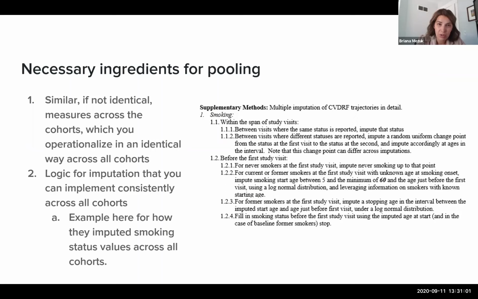they coded smoking status. If you've used other people's data, you know there are probably five or six different ways that people code smoking status. They might say, have you ever smoked a cigarette, even a single puff? Have you smoked at least 100 cigarettes? They might just say, do you smoke, with no additional clarification. If that's the world you're living in, you have to figure out how to make that consistent across the different cohorts, because that's what I need to use to then impute across everything. So here you can kind of see,